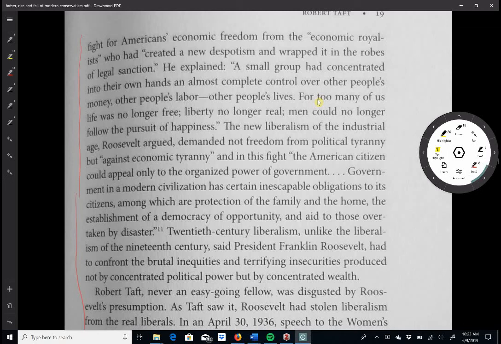So finally, the other thing that I want you to look for here are any conservative political or legal victories that Farber talks about here. This early period that we're reading about is a period when liberalism starts to dominate the political landscape. Franklin Roosevelt wins the presidency 4 times before he dies in 1945. It's a period when politics in the U.S. changes dramatically as the federal government expands its power and role.